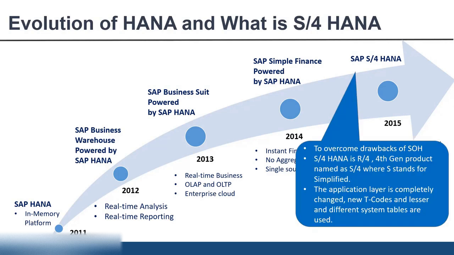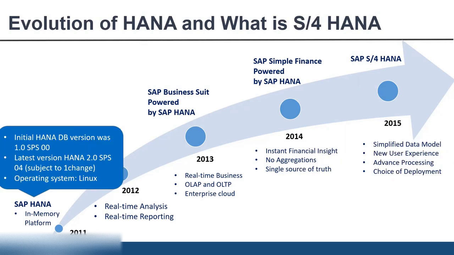So this is a 4th generation product, and this S4 HANA, as you have learned in the previous slide also, is nothing but a combination of database layer plus application layer. So it is a HANA platform. The T codes are changed, the table structure is changed. It is a complete change in S4 HANA. So obviously, as an ABAPer, if you are going to work on S4 HANA, there will be a huge change